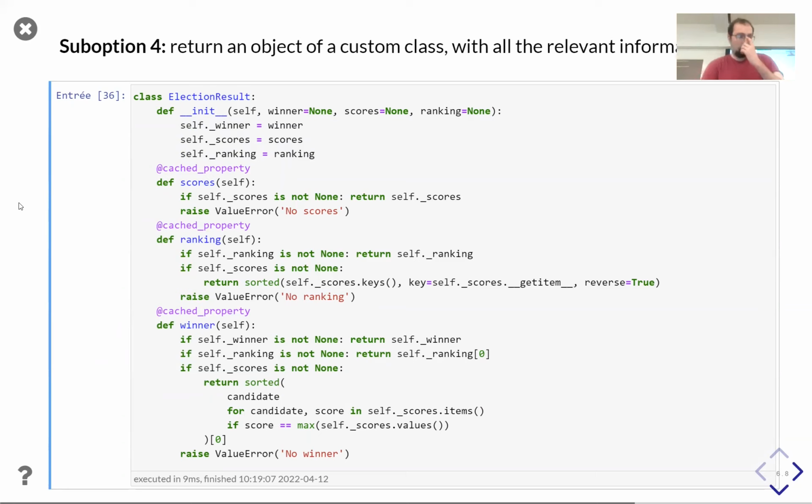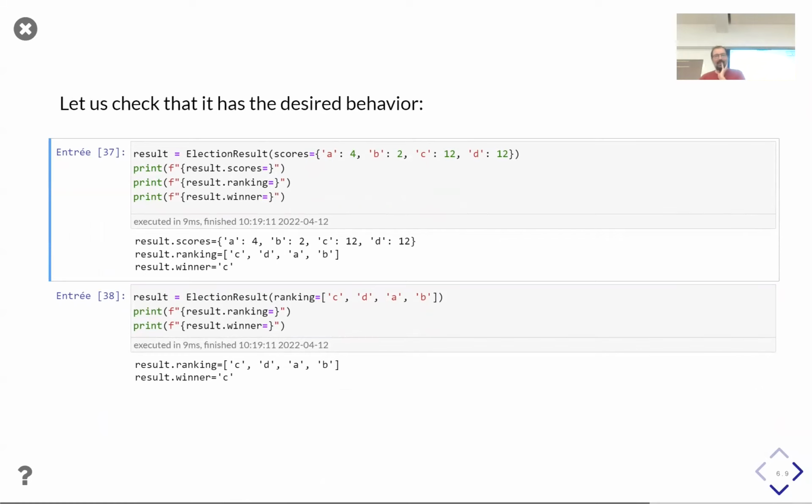Question on this. Maybe there is something I do not understand in Python here. If you have both winners, all the things, when you try to find the winner, I mean, there is a return. Sorry, yes, there is a return. In fact, it's the problem of doing a RISE presentation that I want to keep my code short. I never do that in real life, putting the conclusion of the if on the same line. I only do it when I need to fit in one slide. No, it's okay, I do the same. Don't worry. But don't do it at home. It can hurt.